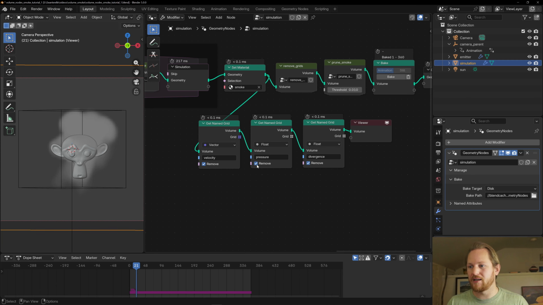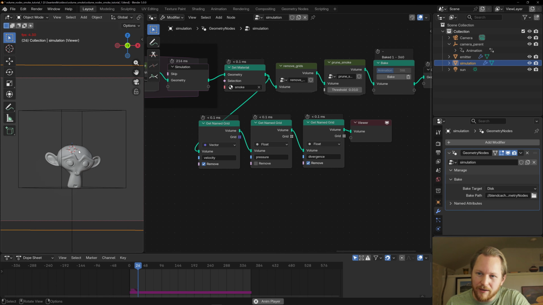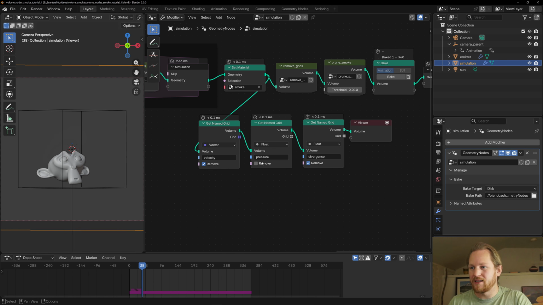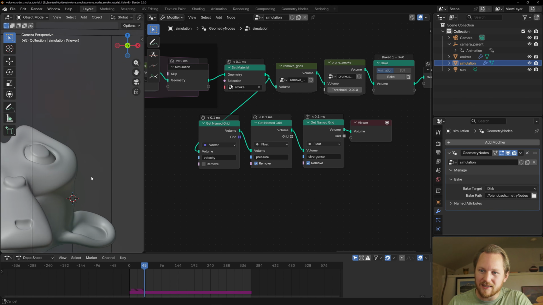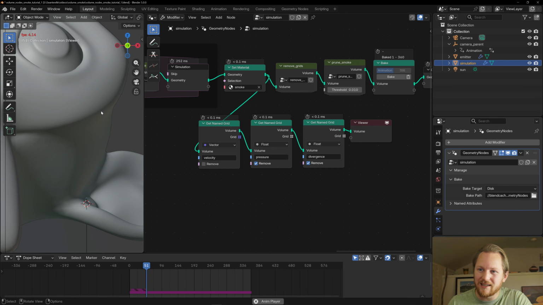But if I don't, then you might see something else. So in this case, you're seeing the pressure grid, but you can barely see it, so you don't really see anything here, but it is there. And then same for velocity and everything else. I believe you can see some tiny green